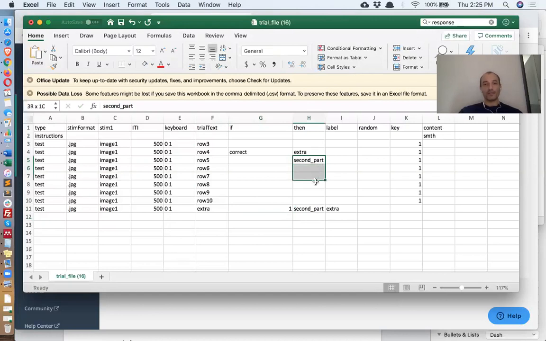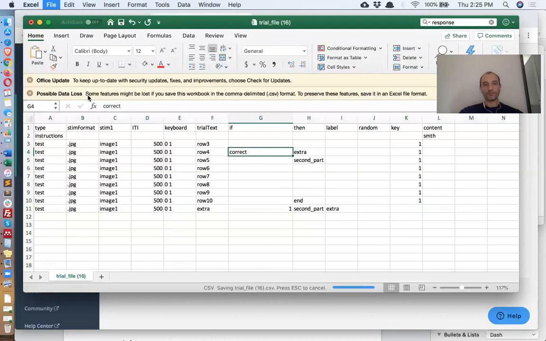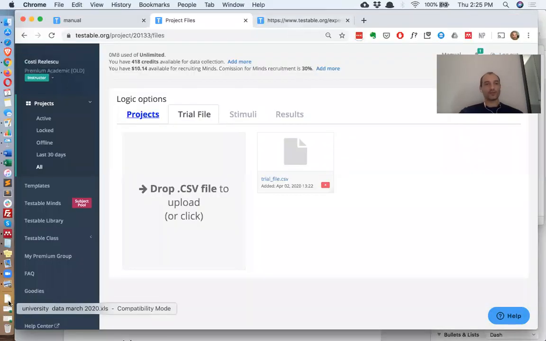But then you go here, and all the participants reach this point, and you want them to stop here, so they should end the experiment. You have to remember to also add an end here. So in this case, the experiment is going to end here. And that's just an extra trial that is going to be seen only by participants who answered correct here. Let's see how that works in practice. So if we upload the trial file,